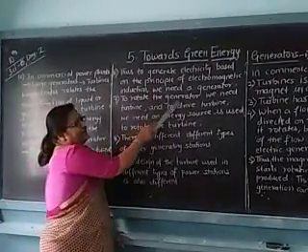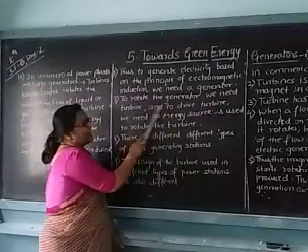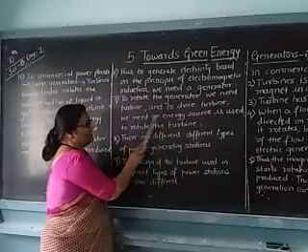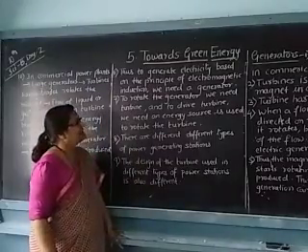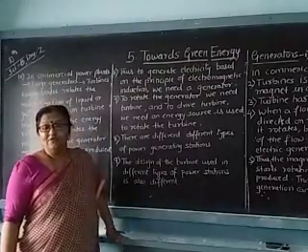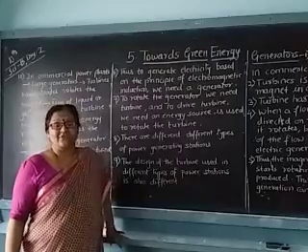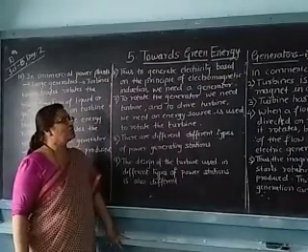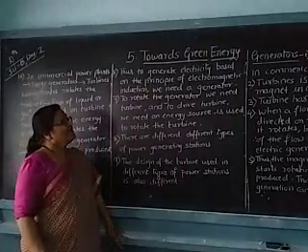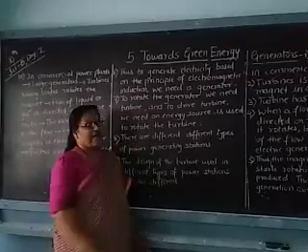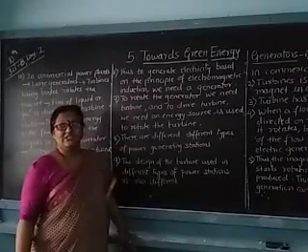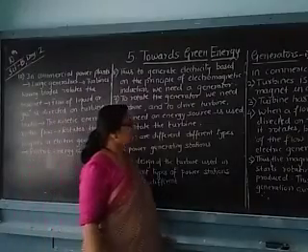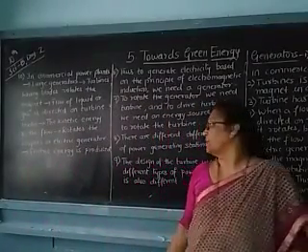Now to rotate the generator we need a turbine, and to drive the turbine we need an energy source, which is used to rotate the turbine. That means whenever we want to rotate the generator, we need a turbine, and to drive the turbine we need an energy source. This is used to rotate the turbines.